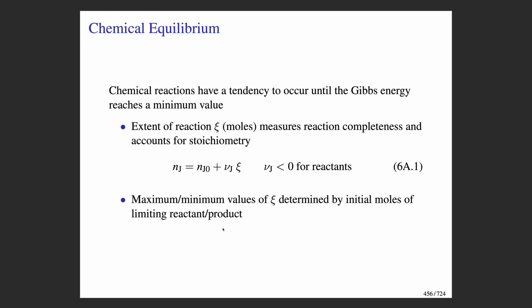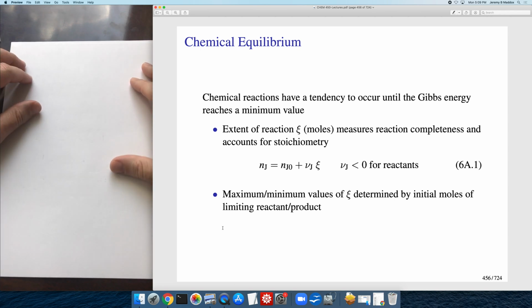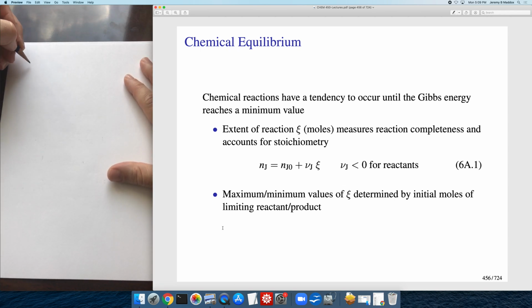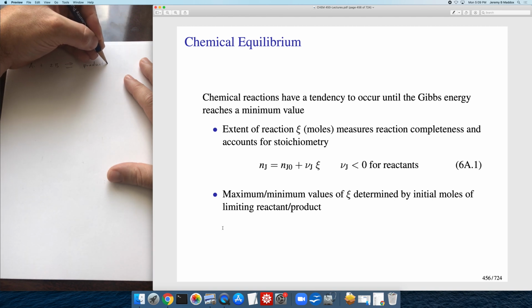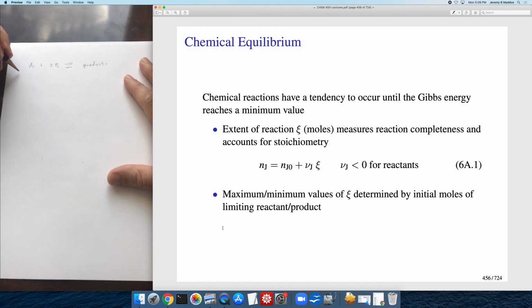And I just want to point out here, using the camera, that there's nothing magical about this extent of reaction. So let's just suppose that we have some stoichiometric reaction here. It really doesn't matter what the products are. And I'm going to set up an ice table, which you would have learned about in general chemistry. And so let's suppose that we've got some number of moles initially of species A and some number of moles initially of species B, and you can do the same thing for the products. And then on the way for this reaction to reach equilibrium,